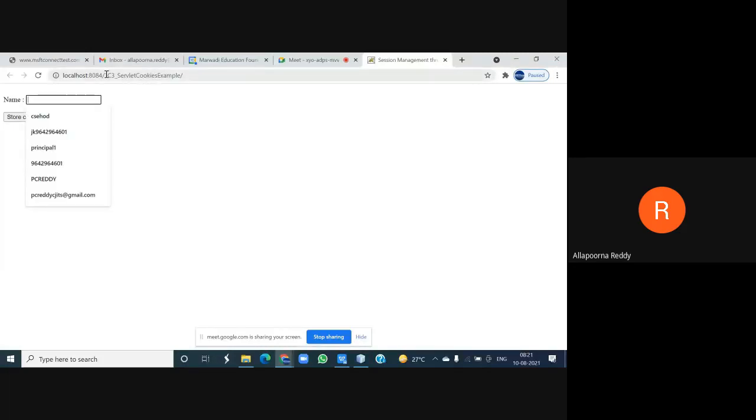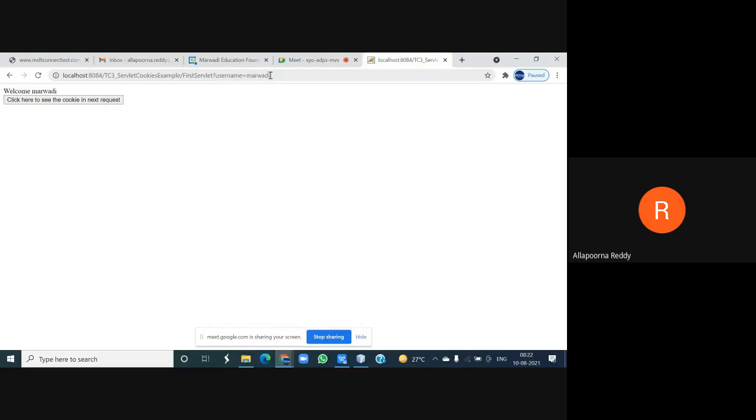Please look here, the TC3 Servlet cookie example. You can give any name. Whatever name you want, you can give it here, and you are asking to store the cookie. That cookie will be stored, or it will be redirected to the next one. Welcome, followed by the name of your user, whatever you entered. Just look here, you are making a question mark, first servlet question mark, and it moved to first servlet. And what is the username you have given? Marwadi.